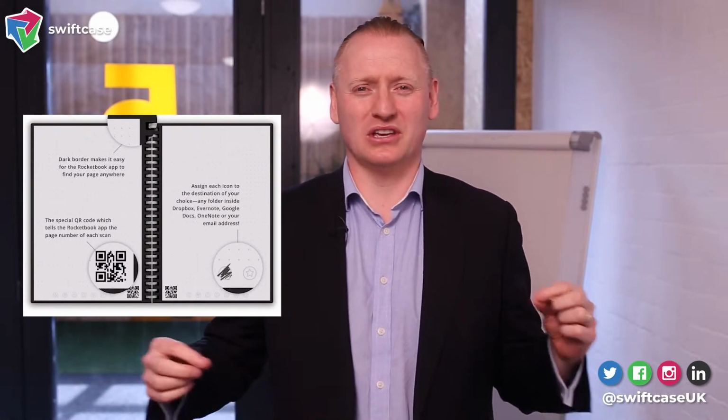Now, the third app that I want to talk about is also a physical item. It's called a Rocketbook, and we'll drop a picture in. A Rocketbook is a notepad that you write in, that you can actually then take photos of the pages, but the pages have got special barcodes on them, QR codes, and also little markers that you can put a cross on that let you take a photo of the pages, and not only will it make sure that those pages stay in order, it can collate them into a document, so whether that's a PDF or some other document,